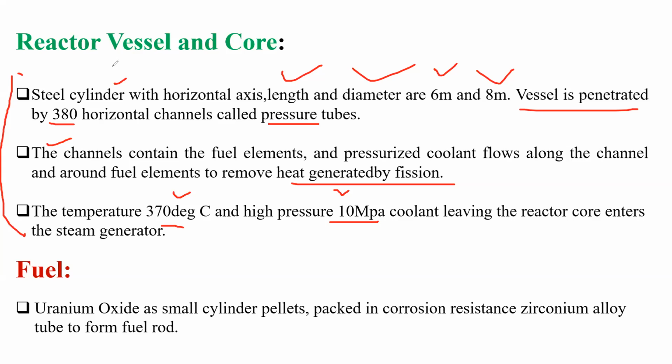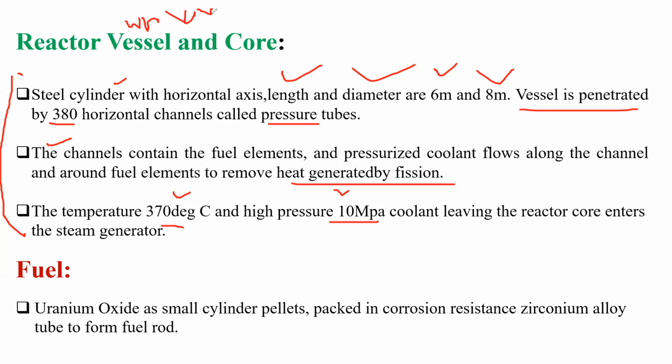Whenever this question is asked in the exam, how can you write? First of all, you mention the specialty of this reactor, then you mention which type of coolant, moderator and fuel is used, then you draw the diagram. After the completion of the diagram, you write down the working, and in working you write down the function of each and every component. Means what is the function of coolant, what is the function of moderator, how steam flows from your reactor vessel to the heat exchanger, and heat exchanger to the steam turbine, and then steam turbine to the generator.